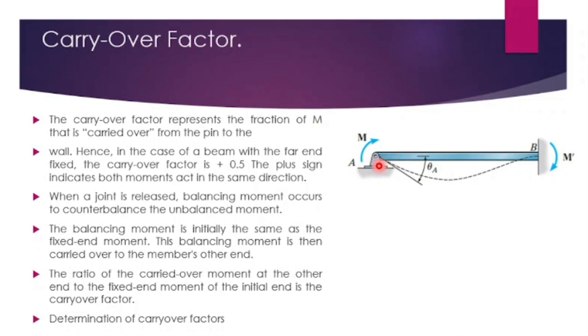Initially you will be assuming all the joints as fixed, and the carryover is, if the opposite end is fixed, you can carry half of the moment to the joint B. Let us take an example. If 10 kilonewton meter of moment is there, then the carryover says that if the opposite end is fixed, you can carry over 5 kilonewton meter, that is half of the 10 kilonewton meter. So this is known as the carryover factor.